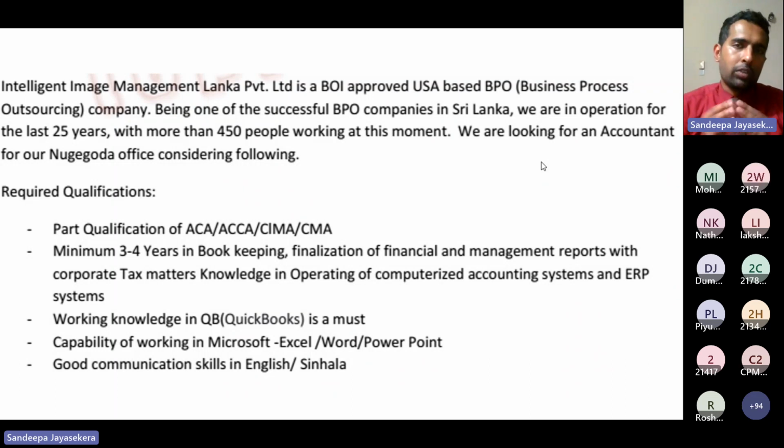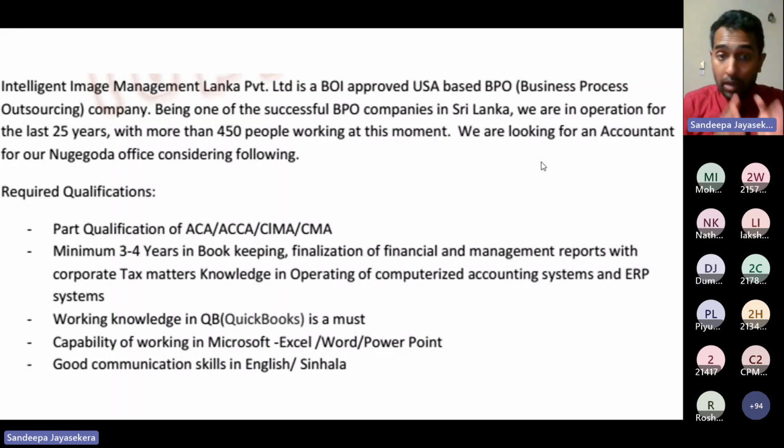So what we need to know, first of all, is the requirement of the market. I'll just share a few of the advertisements I just downloaded from Top Jobs. Before this session, I actually browsed, and these were taken from Top Jobs today itself. In order to be an accountant, the required qualifications include, this is a BOI approved company, and they're looking at Chartered or ACCA or CIMA, CMA, and they're looking at your 3 to 4 years of experience, and your computerized accounting and ERP systems knowledge, and working knowledge in